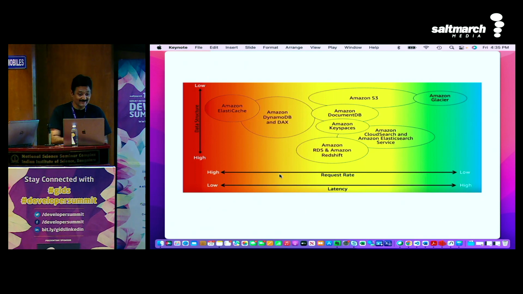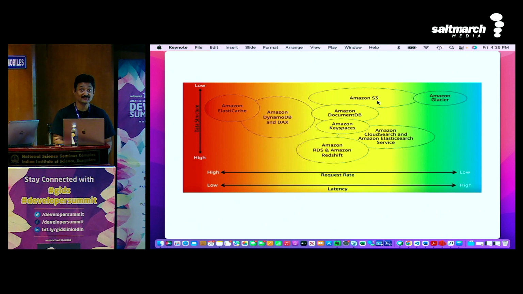Now, if there is a high rate, but you need to get the data for all the recommendations for the products, what database to use? In that case, partitioning key. Depending upon the partitioning key, if you have it, then key spaces. You want to put it in the key space to use that database. Or DynamoDB to use that.